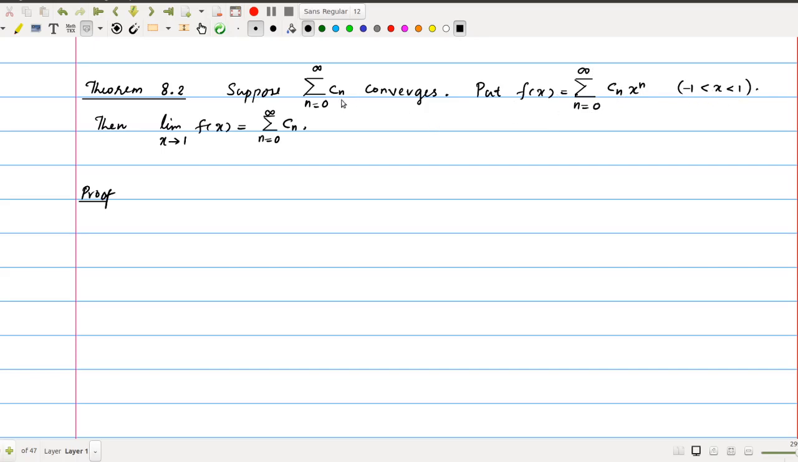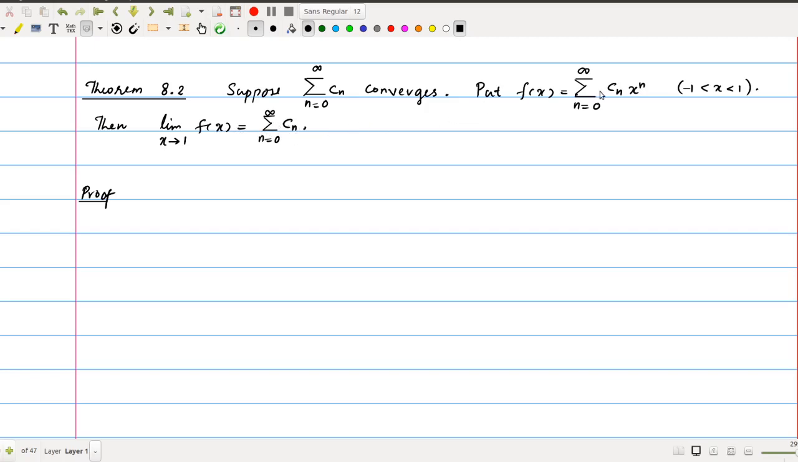Then, since this is convergent, this is obtained by putting x equal to 1 in this. Even though this power series is not defined at x equal to 1, we observe that when you put x equal to 1, then this is convergent. If this is convergent, then you can easily get the limit as x tends to 1 of f of x equal to